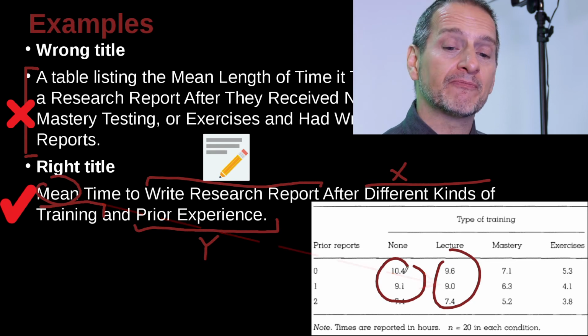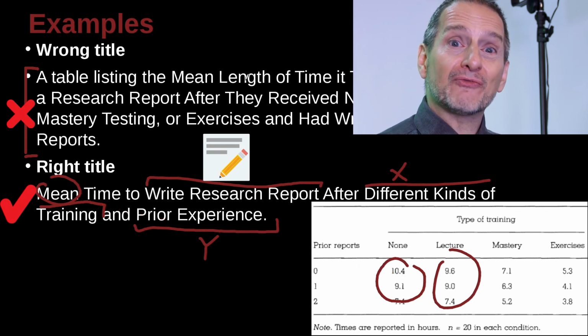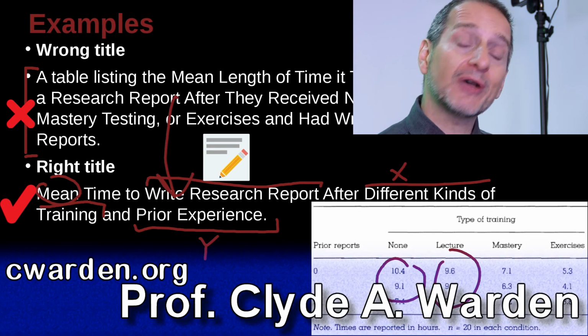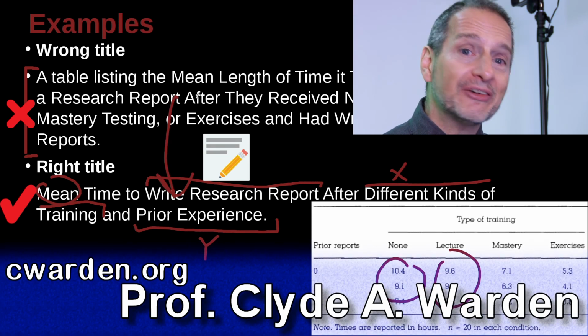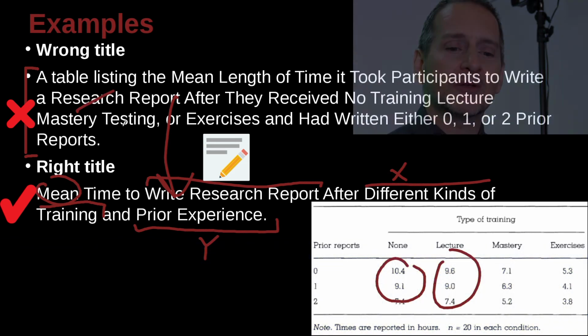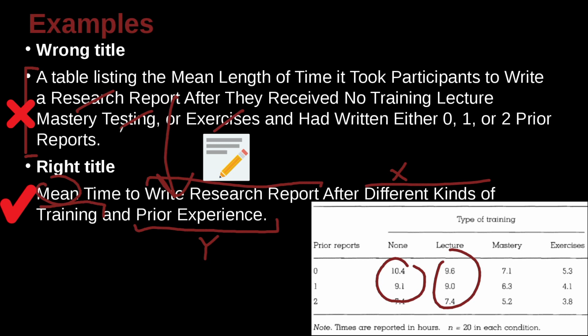That's the key point. How do you get from long title to short title? The best way I find to do that is just go ahead and write it long to start with, but then one by one cut the words. This word, maybe I can cut this word, maybe I can cut this word. Well, I don't need to write report. And you keep cutting it down and down until you get much, much shorter, and I think you'll end up with something